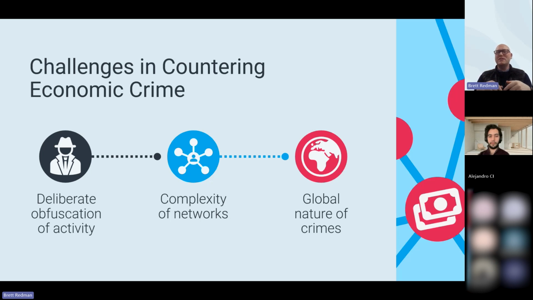Untangling the connections and identifying the leaks can often be quite hard and quite difficult without the ability to visualize these. The global nature of this is something that we're seeing every single day, whether it's financial intelligence or economic crime, however you want to phrase this. And cross-border investigations, naturally, are more complex in nature. Now, that can be access to relevant data.